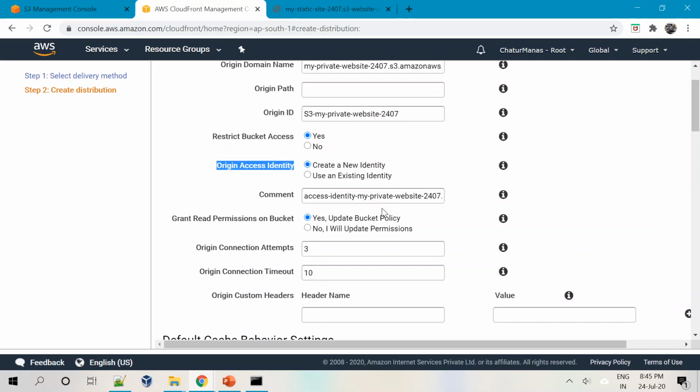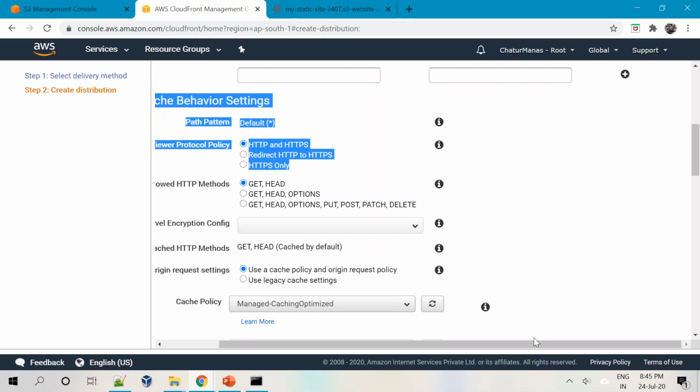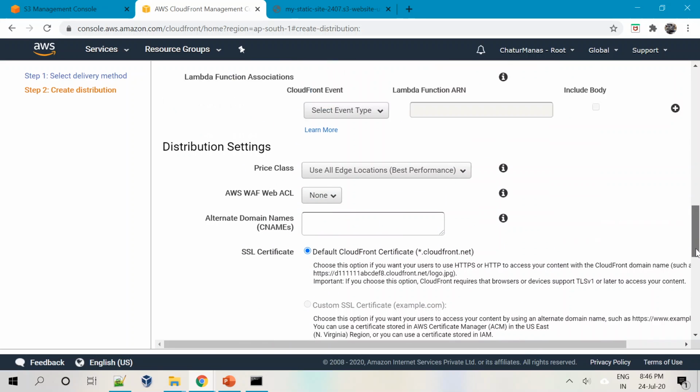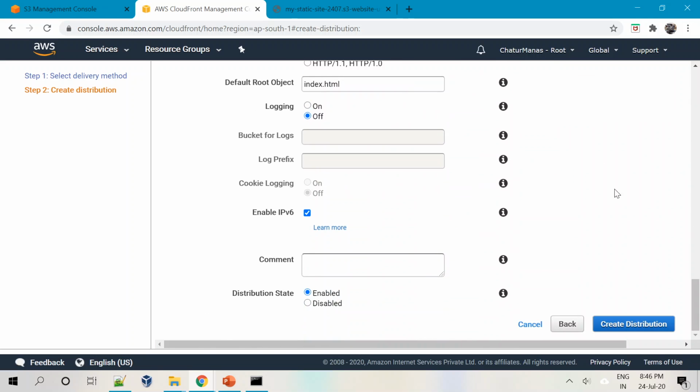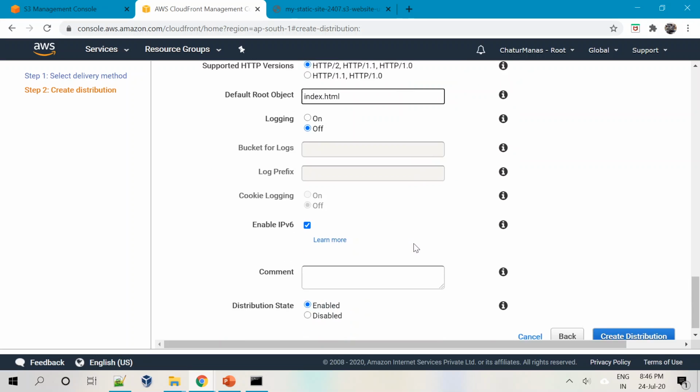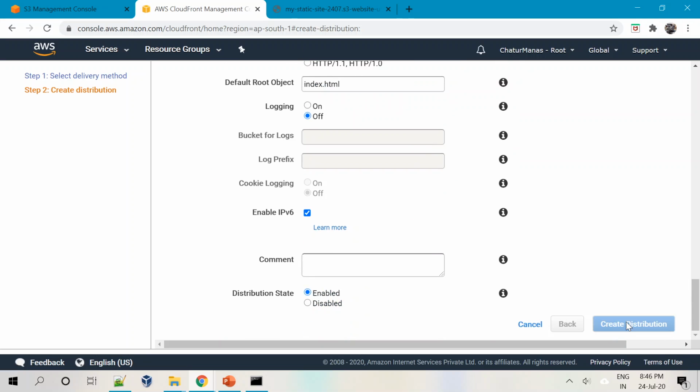We provided the access with the origin access identity, and then we granted permission to that particular bucket to read the contents of it. And then finally we came down and we chose the default root object, which is index.html, and then say create distribution.